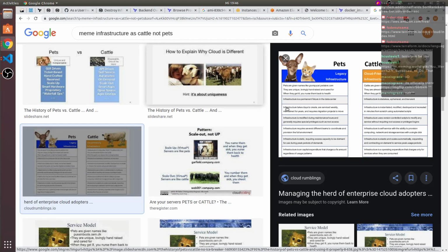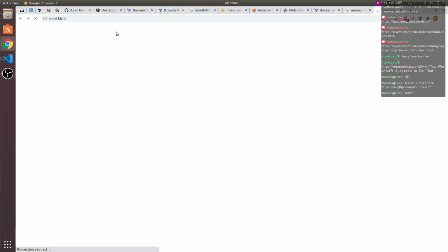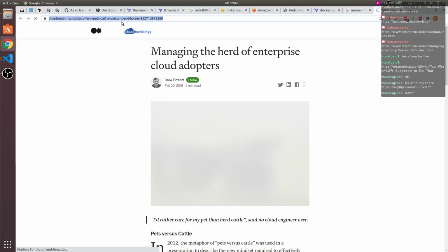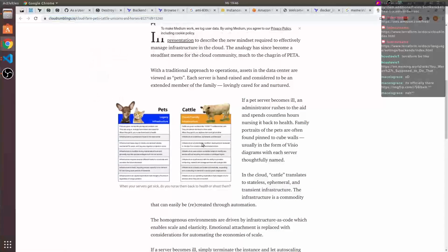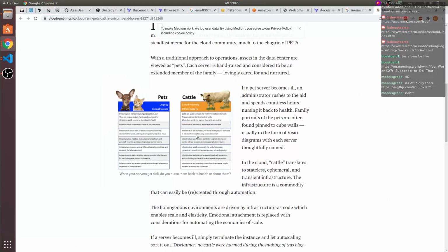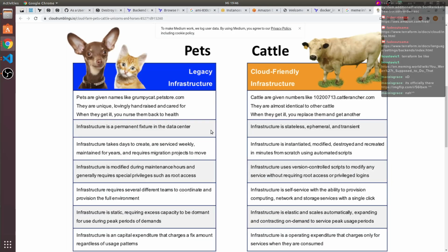Pets, legacy infrastructure, cloud-friendly infrastructure. Can we see that? Cattle are given a number. They are almost identical to other cattle. When they get ill, you replace them and get another. Not nice, again, but that's how it is. Infrastructure is as much as possible stateless.